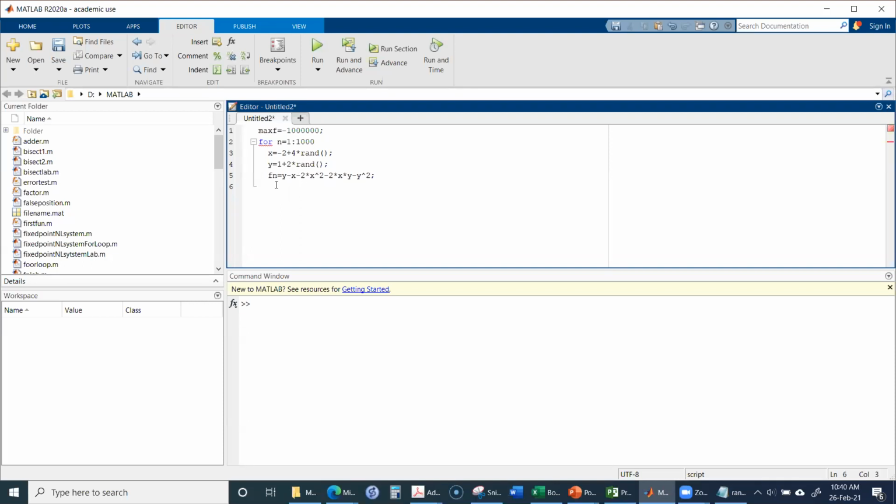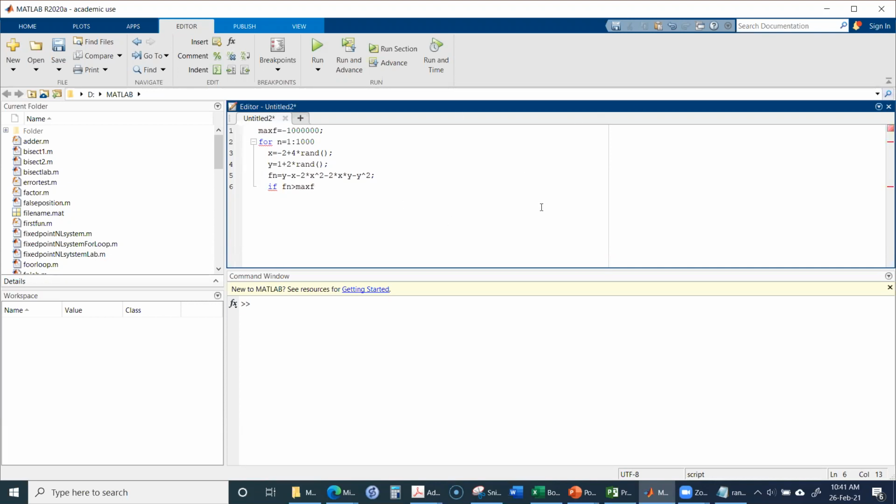So here I will apply an if statement. If this calculated value of f is greater than our initial previous value, max f, that means this previous value,